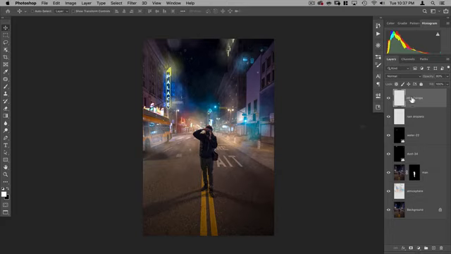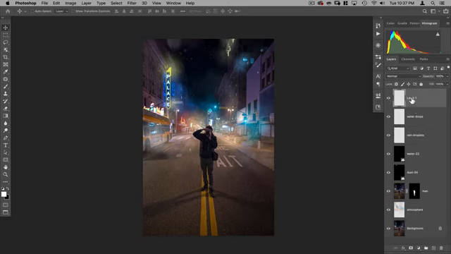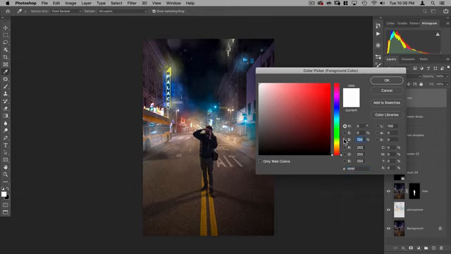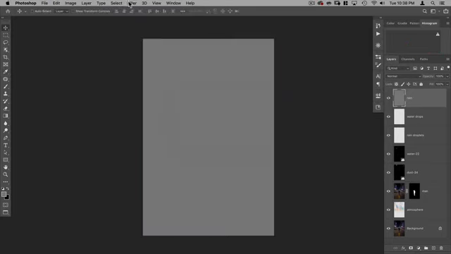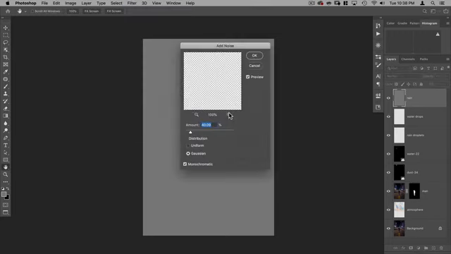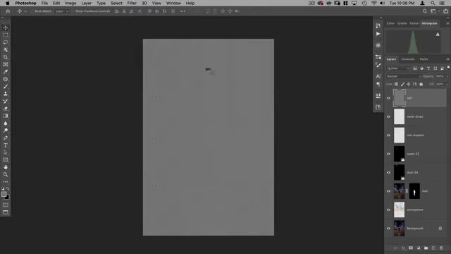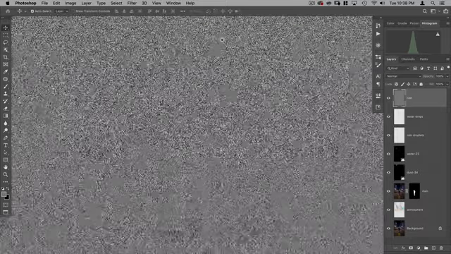All right. Next, I'm going to create my final rain layer. And to do that, I'm going to make a new layer. We're going to call this rain. Do a little trick here. I'm going to go here in my color. I'm going to change this to 50, and that's going to give me a 50% gray. I'm going to go and fill, and then I'm going to go to filter, noise, add noise, and 40 is fine. And if we zoom in here, you can see what it's done. It's created noise that basically goes from black and then various levels of gray to white.